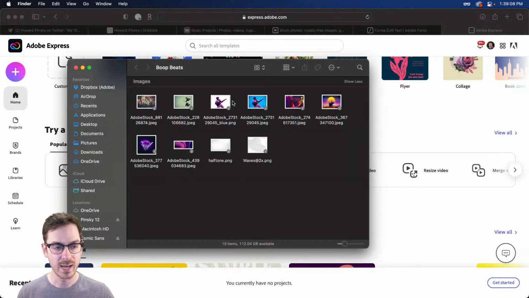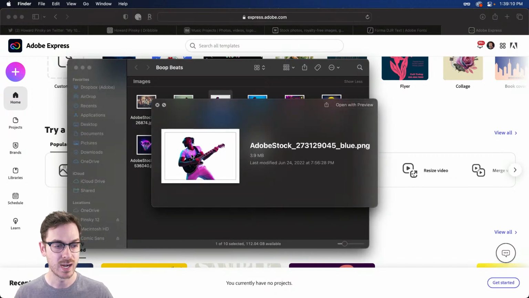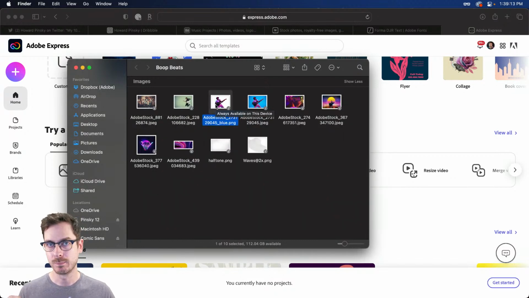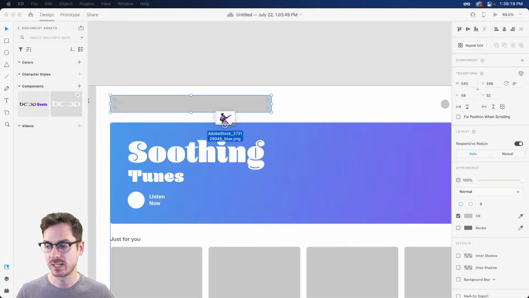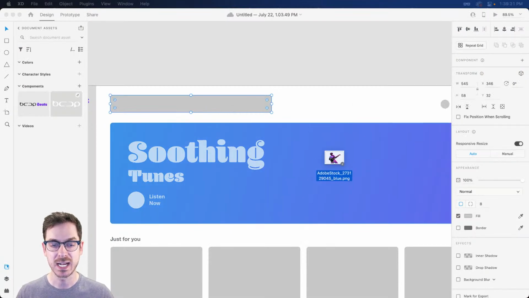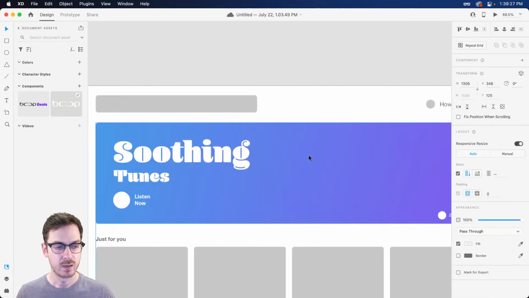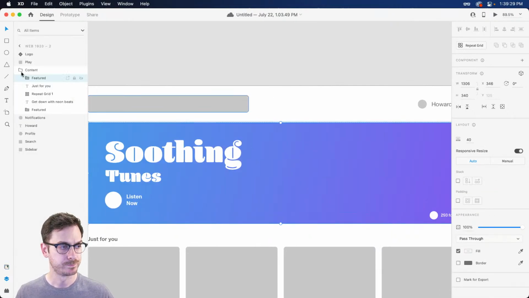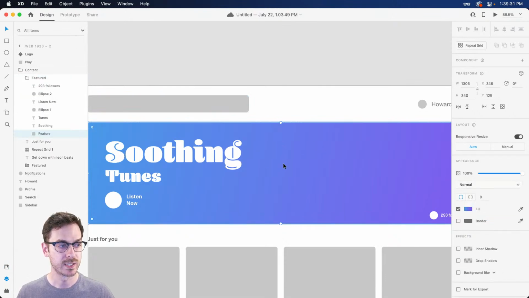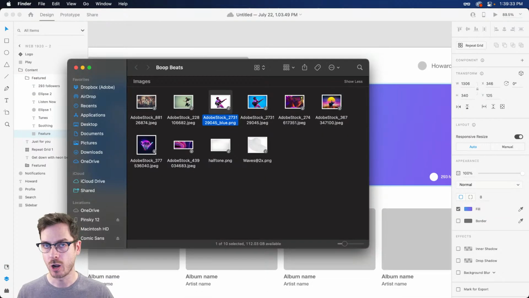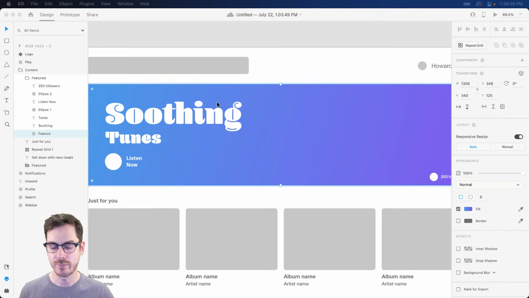Anyway, so I went ahead and I downloaded this cutout, and now I need to place this into XD. Now, what I don't want to do is do what I did before and just place it into this container, because that's just not going to work, right? Let me undo that. What I want to do is instead place it on top. So if I go into this group, I could copy this and then paste it. However, we're going to get some problems.